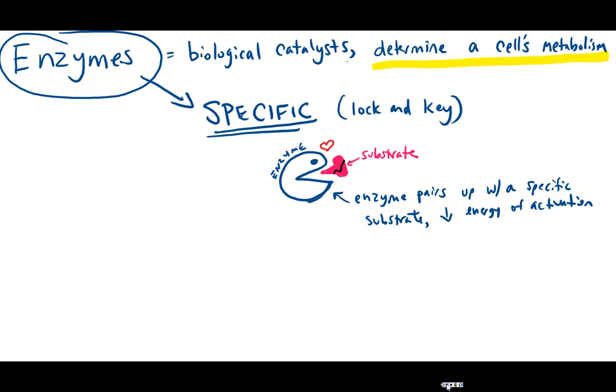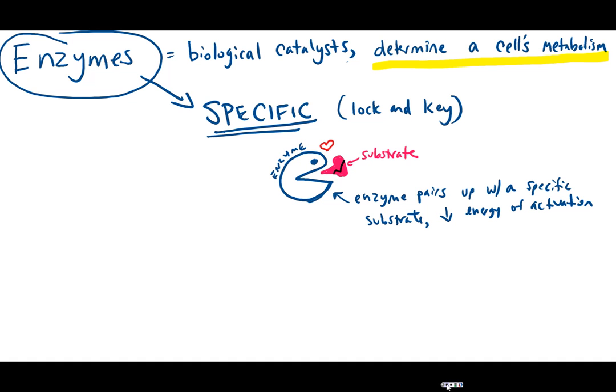When we talk about enzymes, we see that they're very specific, meaning that they match up with a particular molecule, which is called a substrate. This enzyme substrate complex is described as a lock and key model. Just like a key is very specific for a lock, the substrate and the enzyme are very specific for each other, and they're binding up based on shape. So the enzyme's active site has to be shaped in such a way that the substrate can bind. So you can think about this as like they're made for each other.